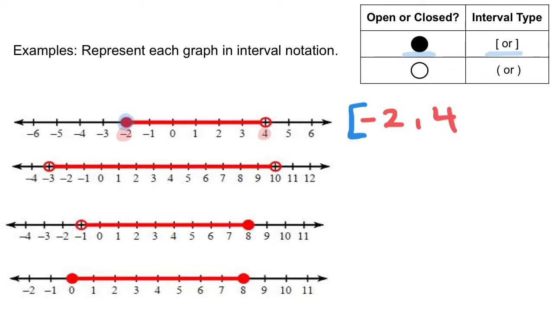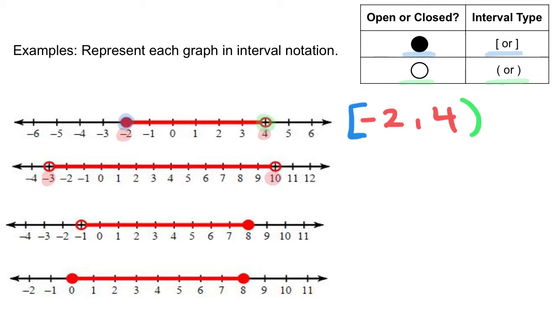So I put a bracket around -2, and then I have an open circle at 4. When I have an open circle indicating it doesn't include a number, you use a parentheses. So I put a parentheses around the 4. For the next example, my two important numbers are -3